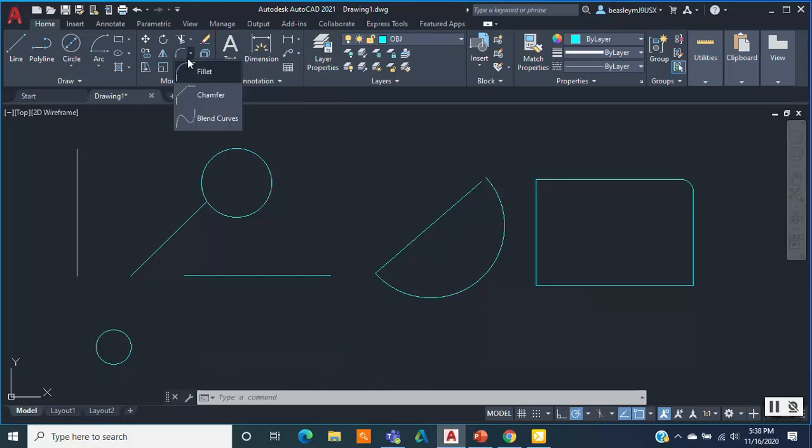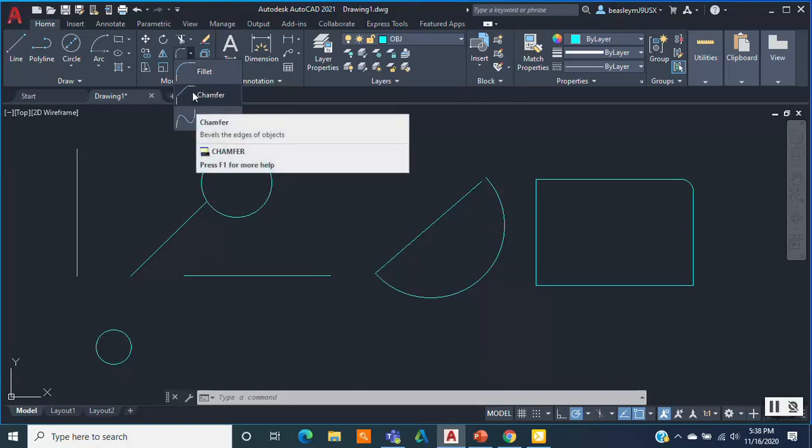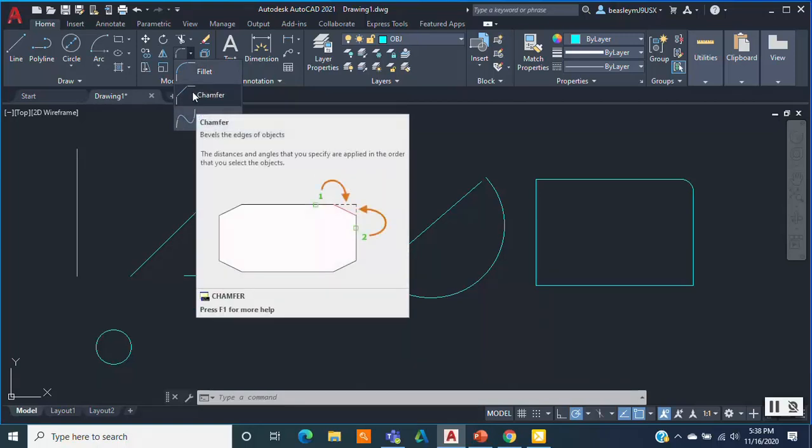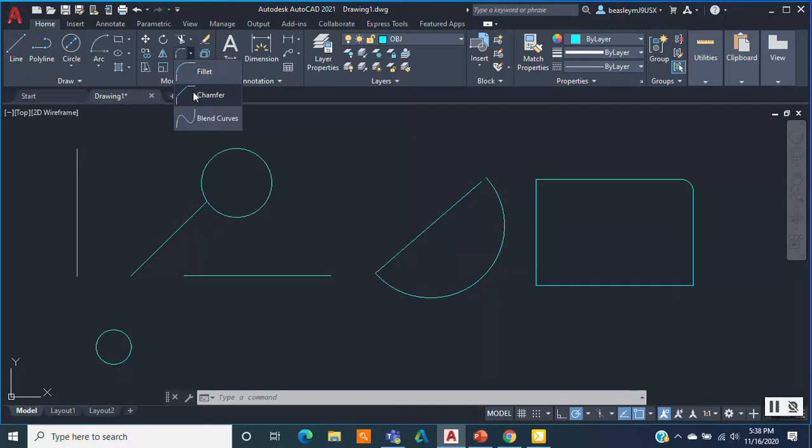If you click on the drop-down menu underneath the fillet command, you will also see another command called chamfer. Chamfer creates a beveled edge of objects. So we're going to select this command and we're going to try to chamfer this corner on the bottom right.